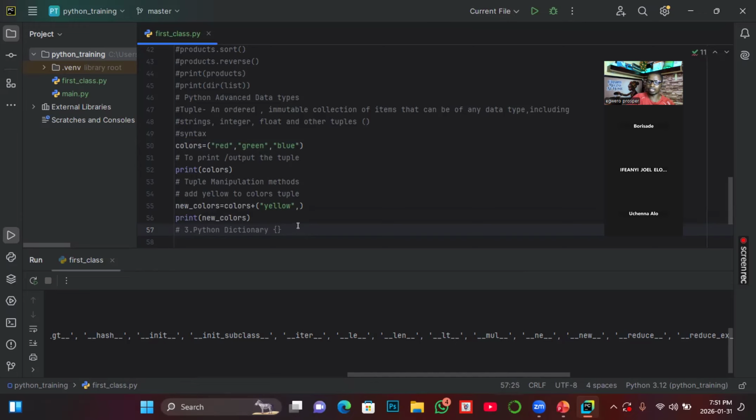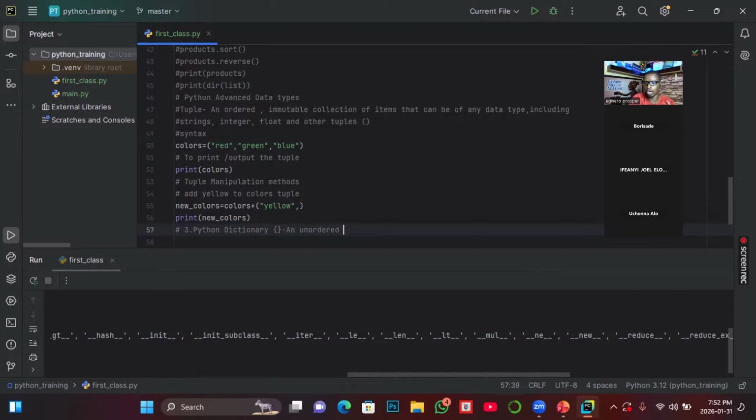All right. So let's look at the definition of it first before we start looking at some examples. So dictionary, look at this. When we define tuple, we say it is ordered. Ordered means that things are arranged sequentially or serially: 1, 2, 3. We say these items are in order. But in the case of dictionary, they are unordered. Let me write it here so that we can see it. A dictionary can be defined as an unordered